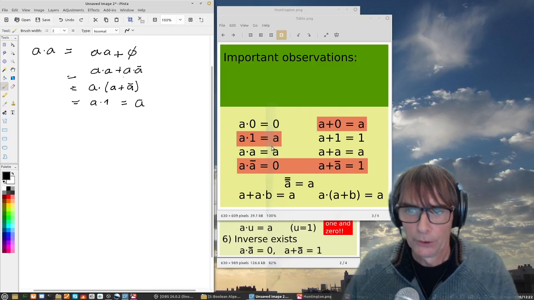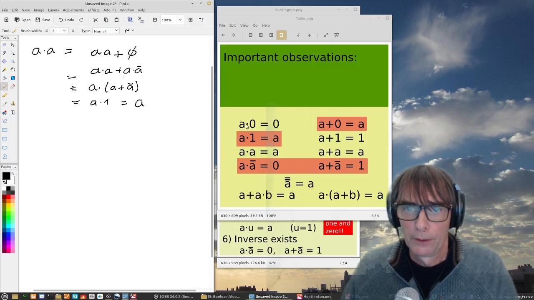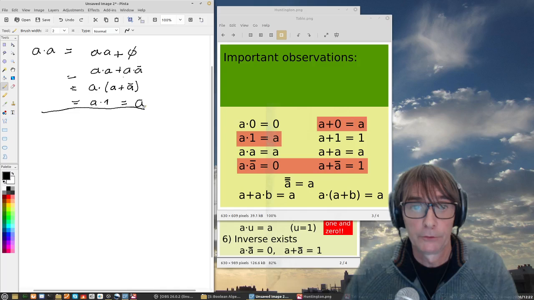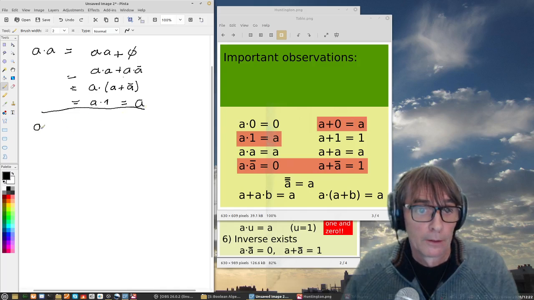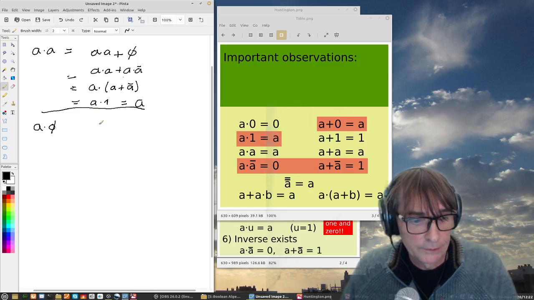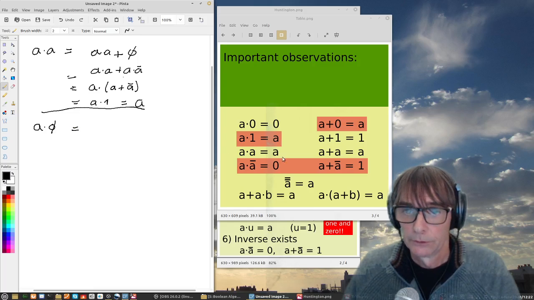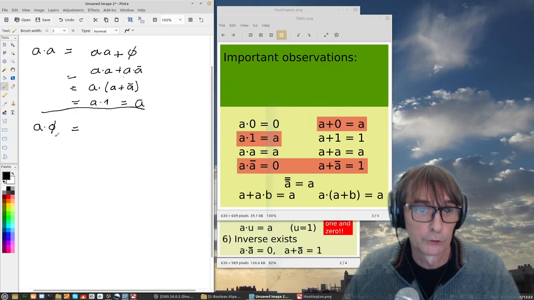That's nice. So now let me also try to prove that A and 0 is 0. And I will actually make use of this new one that I have just proven. So A and 0, I will prove to you that this is 0. How do we do this? Well, 0 equals A and not A. So I will substitute it here. So this is A and